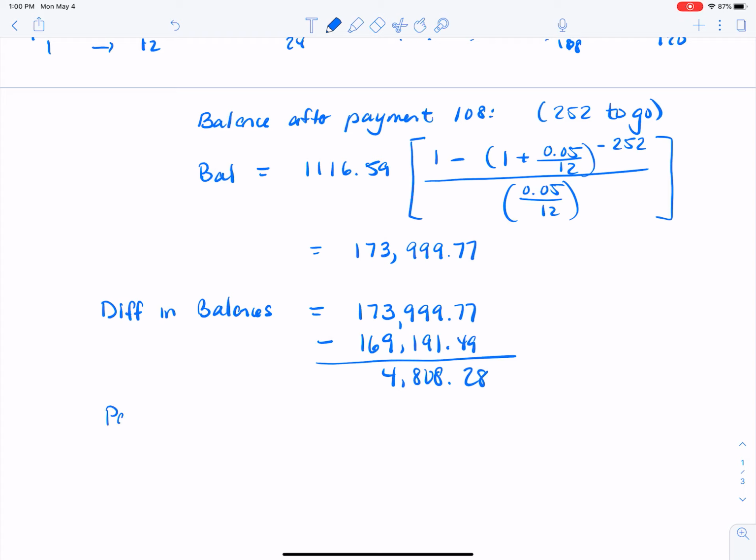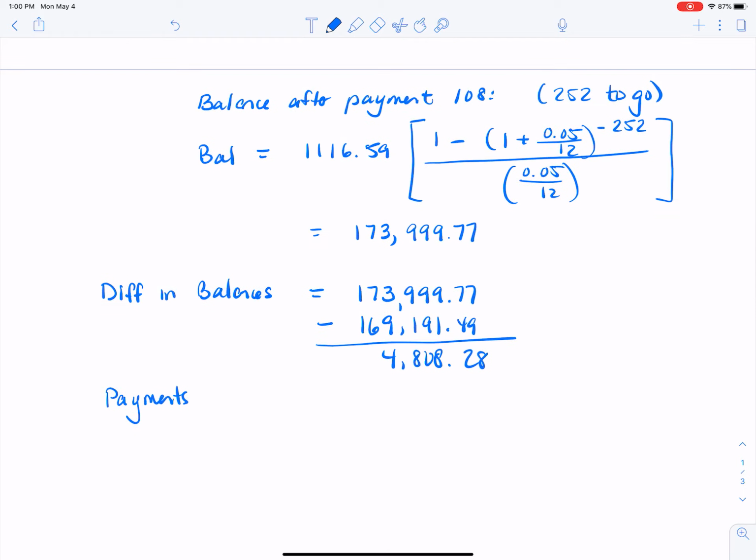Now, one way to compute interest, we know, is to figure out, well, how much did we pay and how much did we actually owe? We actually only owed 4808.28 in that year. So the payments in our 10th year would be 1116.59, and we made 12 payments that year. So that comes out to be $13,399.07. So finally, the interest in that year, if I can spell,